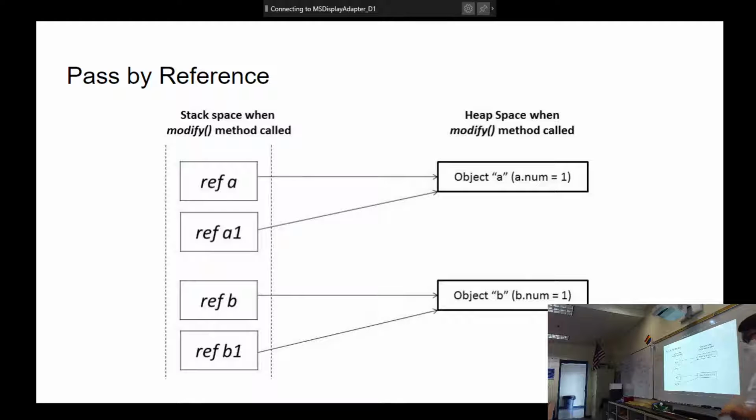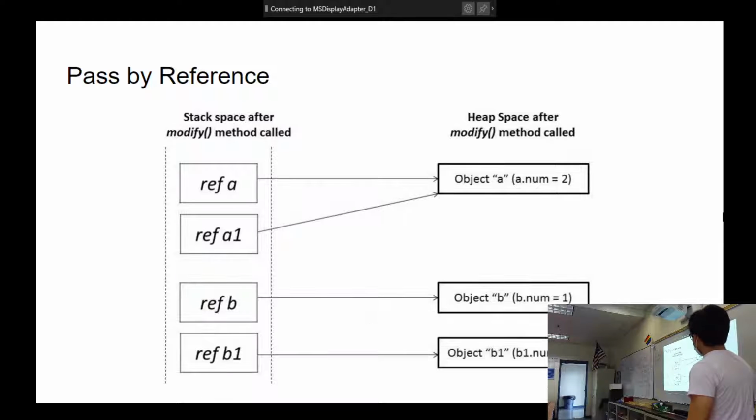We'll have more examples. But in this case, if I were to say b1 is another object, and we create a new object, it'd be like this. These are passed by value. We have two different values. This is passed by reference. We pass in the address of the reference. You see the big difference here? What's different about these two? What's good and bad about this?